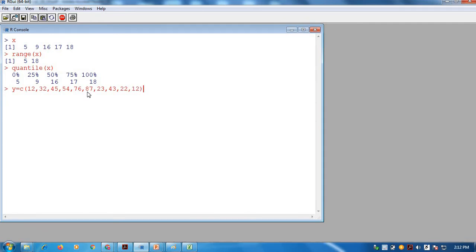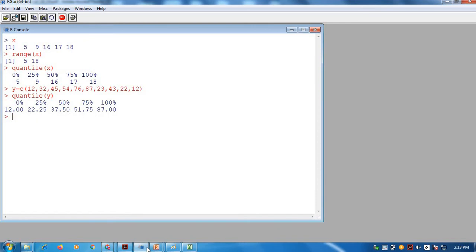So in total 10 values. Here if we apply the same quantile function, you will get, now see here, the 0 percentile is at 12 and the 25 percentile is 22.5.